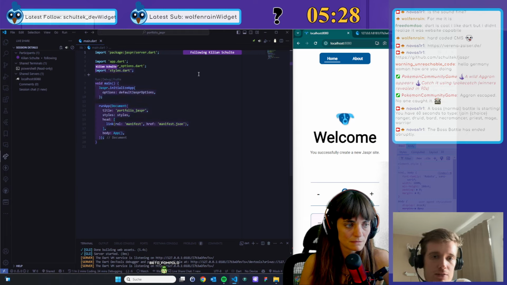So this is the entry point at that time. This isn't code that will be shipped and executed on the client. So that's the important thing here to know. And then we say runApp. So it's similar to Flutter, and we provide our first component.